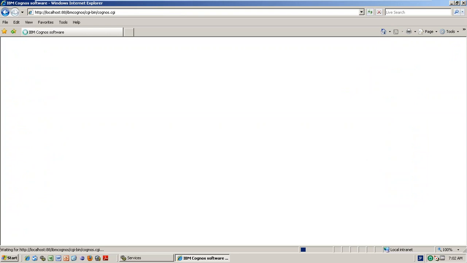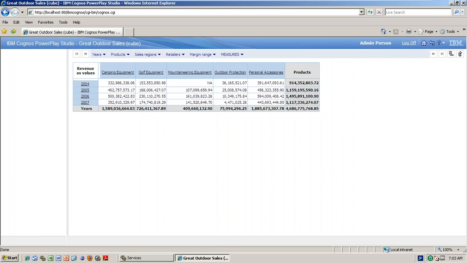Please remember, in the latest 10th versions you may not find the PowerPlay Studio because you can analyze the transformer cube also by using Analysis Studio. Previously, by using Analysis Studio you could only analyze a DMR package. Now they have included transformer also. But the only difference is, if you are using the DMR package it will take the live data. If you are using the transformer cube, it will take from the transformer cube output.